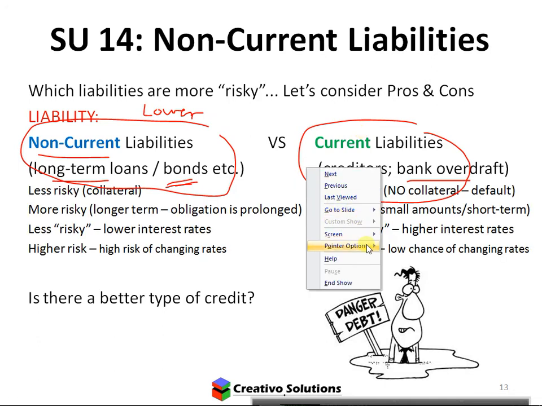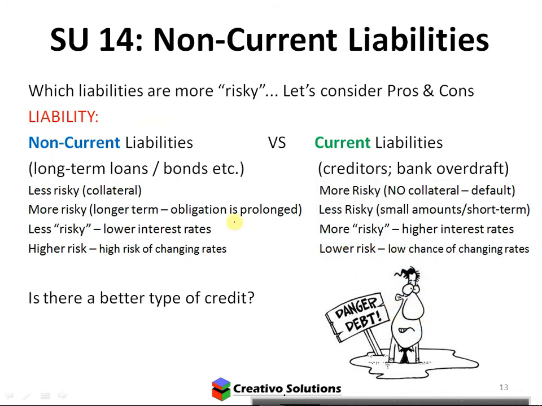Alright, so those are some of the points that you could have mentioned. Just to highlight one or two of them: is there collateral? Yes, there is. So is non-current more or less risky? It's less risky, because you have collateral. What happens with the term? The one is longer, the one is shorter. So which is more risky? The current. No, the long term. Why is the long term considered more risky than the short term in terms of time? Because it's not yours yet. Besides that, what happens over time?